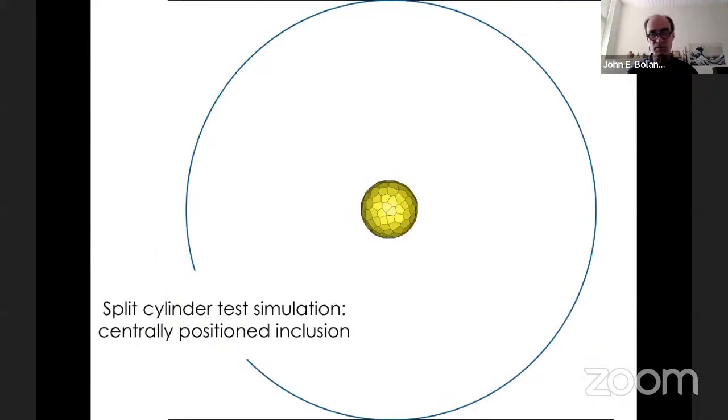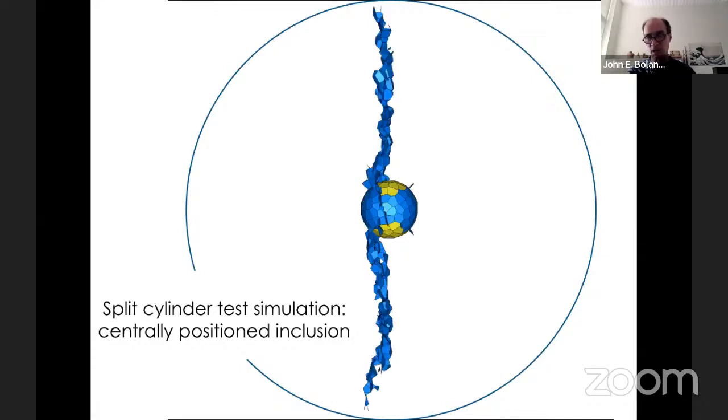So here's another demonstration. This is a split cylinder simulation. It's a 3D simulation. And there's a circular aggregate in the center of the split cylinder test. And we see debonding initiating just to the side of the cylinder. And as we increase the diametric compressive load, the cracks emanate from the center and propagate towards the load platens. This is a 3D simulation, and notice how nicely localized the crack is. We don't have any artificial peripheral damage to the sides of the crack.